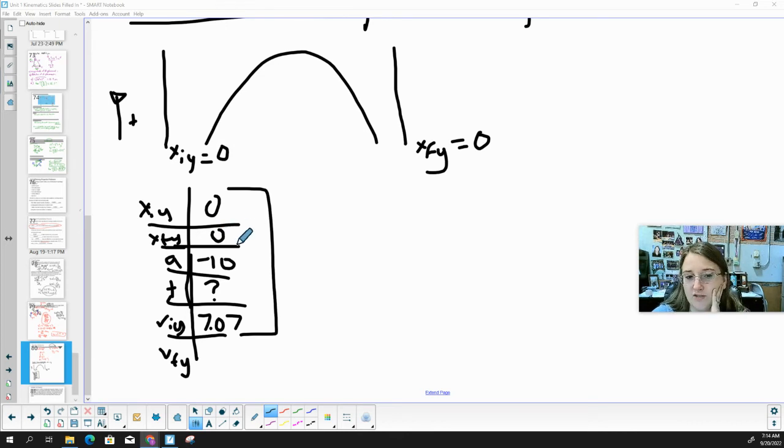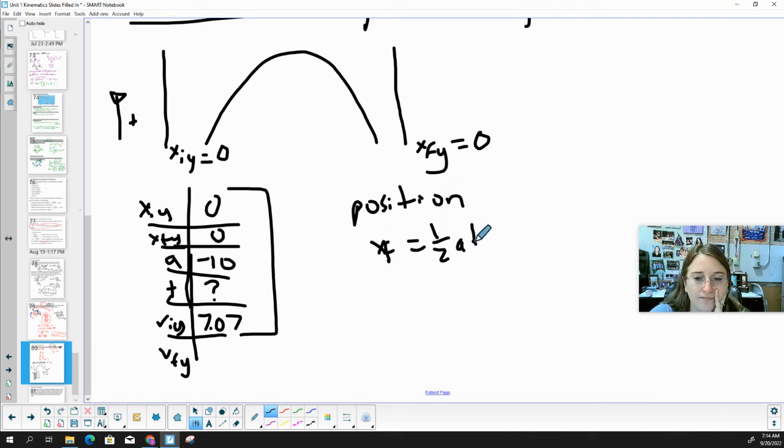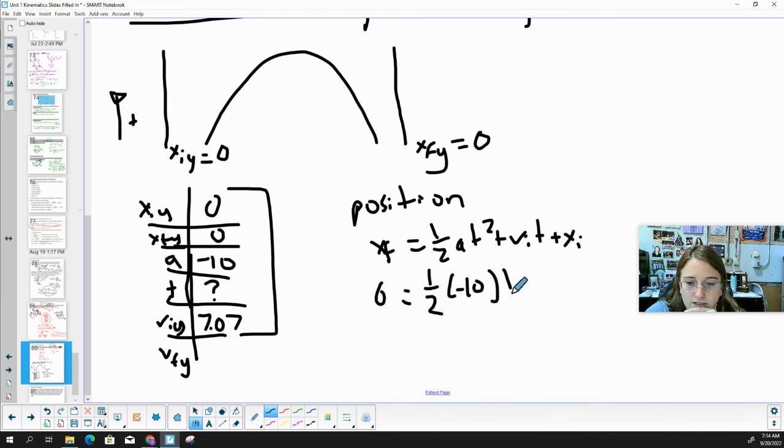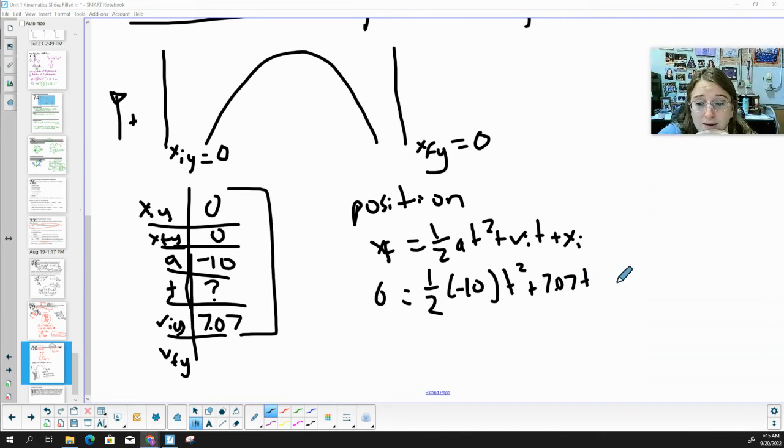What equation are we using with these variables? This is the position formula. These 5 variables are always the position. X final equals 1/2 at squared plus velocity initial t plus x initial. Okay, so let's go ahead and fill these in. You're going to notice something. Fill them in and then pause. Okay, so I've got 0 equals 1/2, excuse my terrible handwriting, negative 10 t squared, that's what I'm looking for, plus my velocity initial. Okay, so this is going to screw things up here